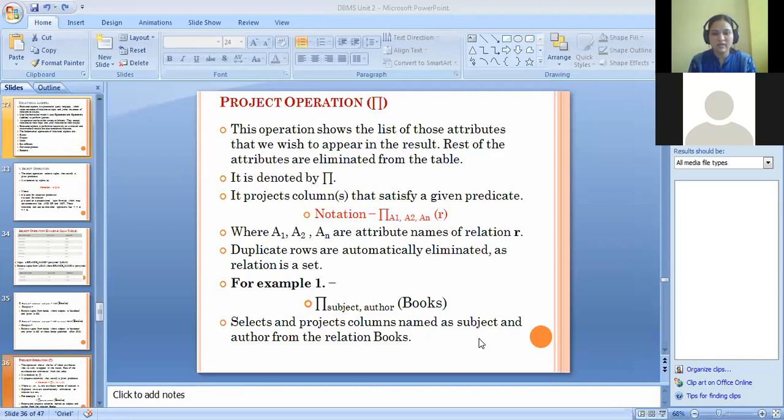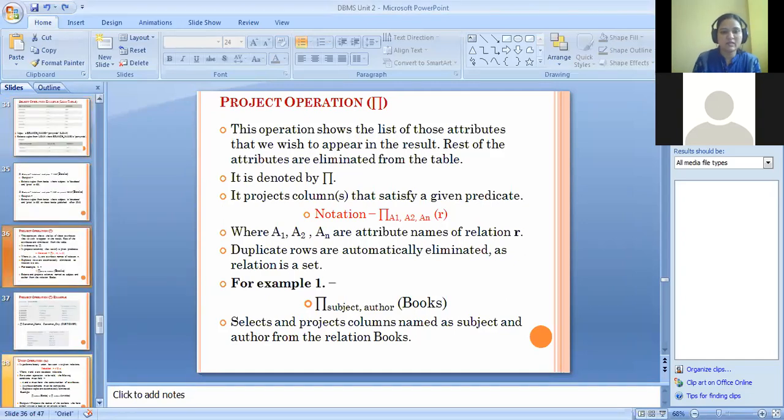Then just fire the query like this: project subject as well as author from the book relation, and this will select and project the column names subject and author from the relation book. Is that clear, students? Everyone? Yes, ma'am. Okay, that's good.